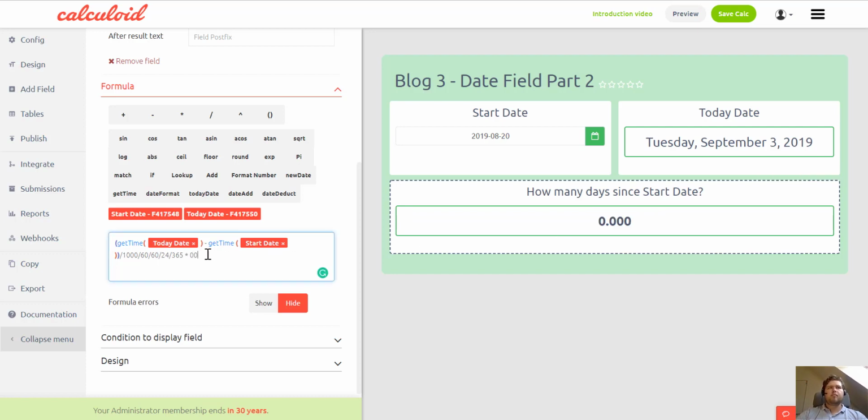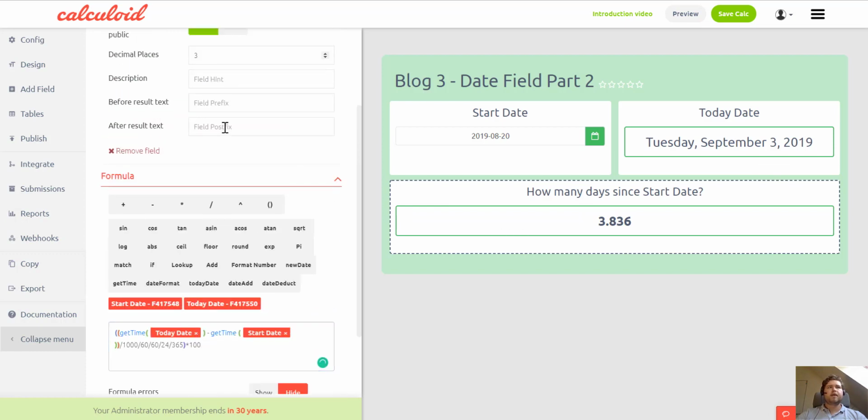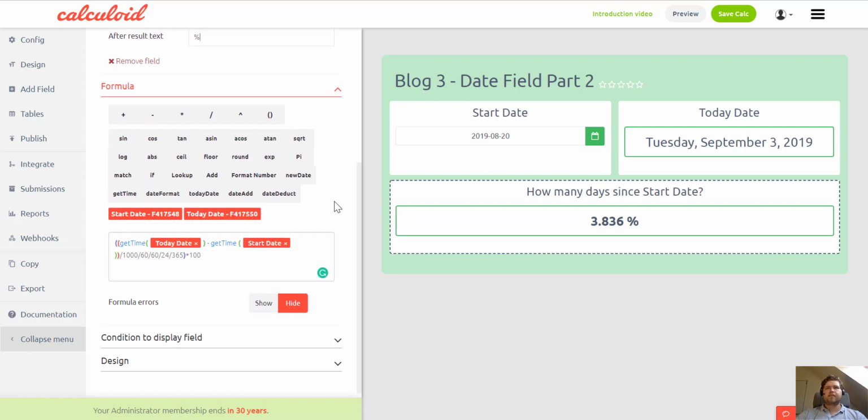If we will multiply this by 100, we will be able to see that this is 3.8% basically. And also, to present it as percentage, we can add the percentage sign here. So now we know that the difference between two dates presented here at the top is actually 3.8% of a